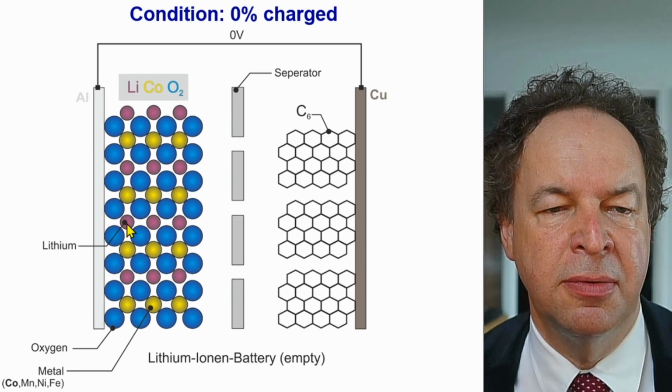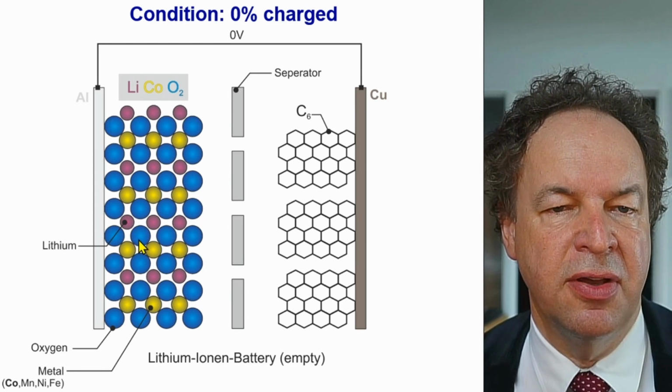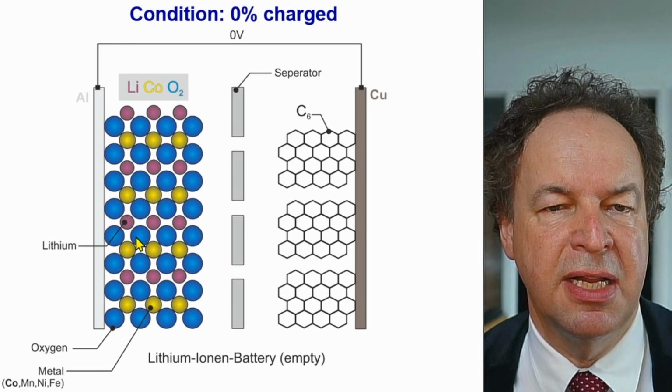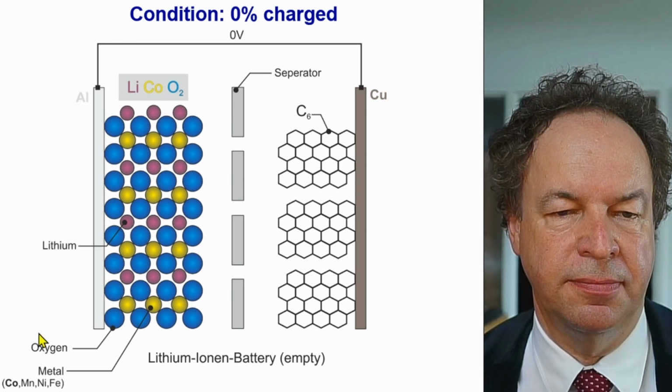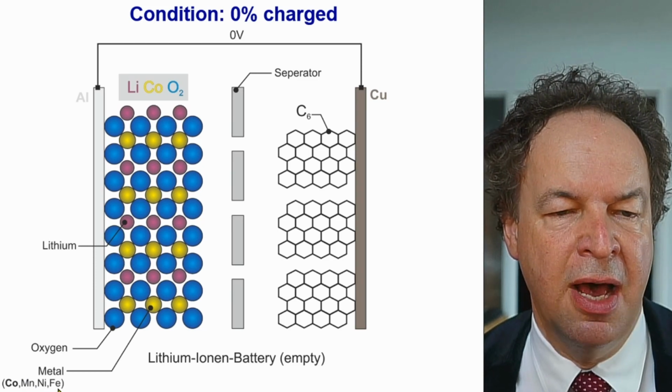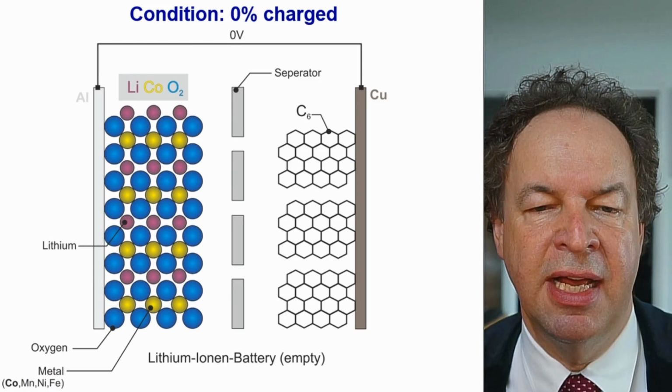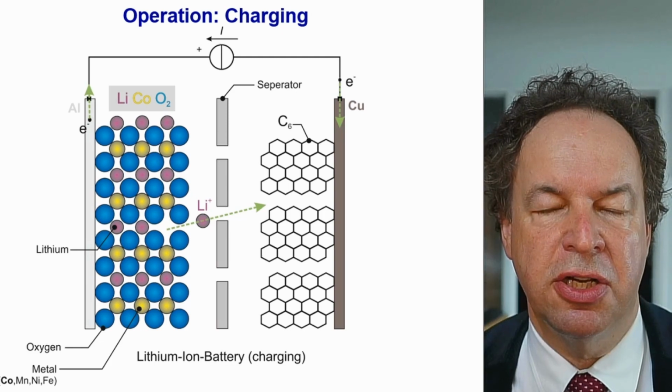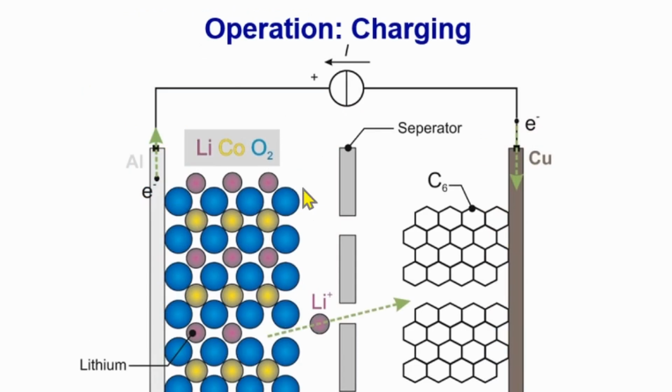The lithium atoms are the smallest. Then you have the dioxide, which is relatively small, and the cobalt atoms. It's not necessarily cobalt. You can also use manganese, nickel, or even iron. We come to this a bit later. So now we start charging the battery. We supply electrons to the copper electrode, and we take electrons away from the aluminium electrode,